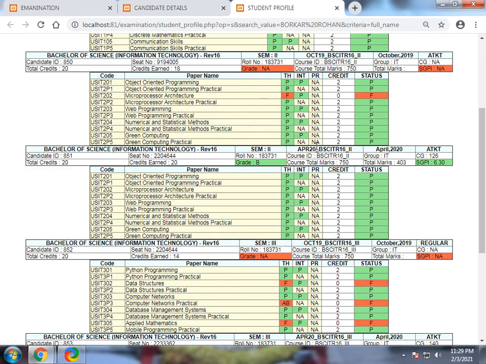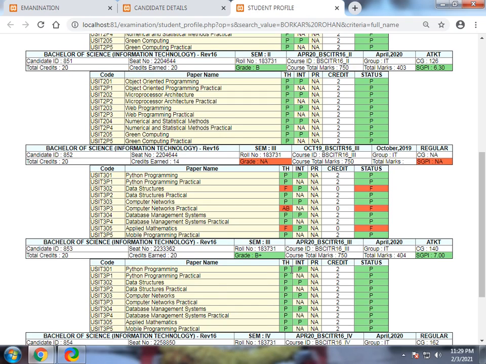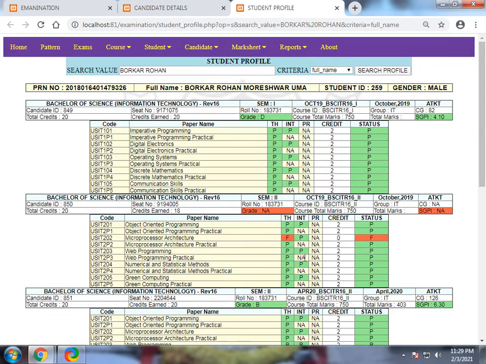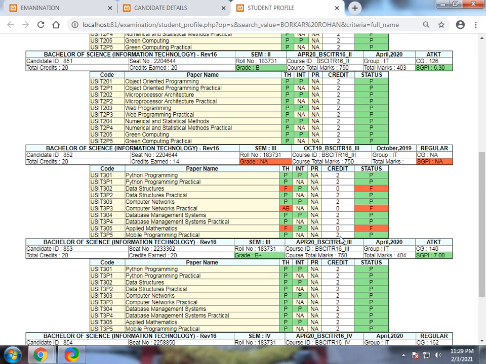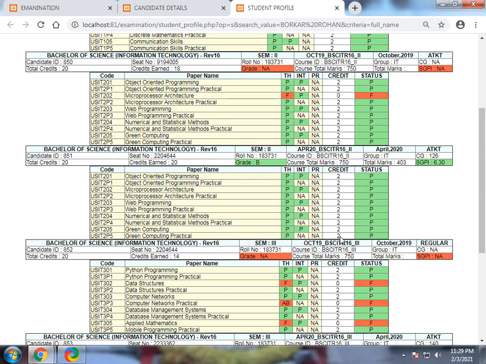And then semester 2 is clubbed together, and semester 3 is clubbed together, and semester 4 is the last one. Because I just want to compare their candidature and their failure statuses, we can see the whole record and the whole track of that particular student. That's why I made this software, because it was very difficult to identify everything in the Excel sheet, because lots of people were working on the same thing. So that's the main thing of this whole system, just like an MIS.